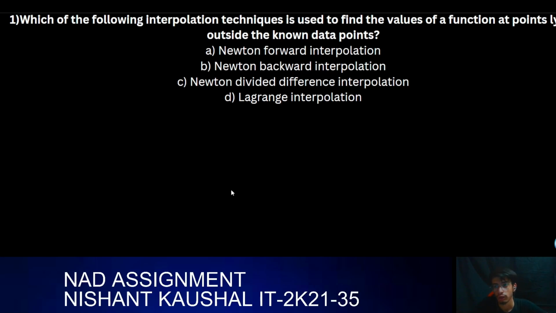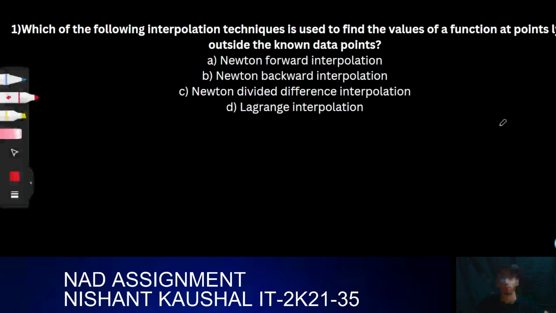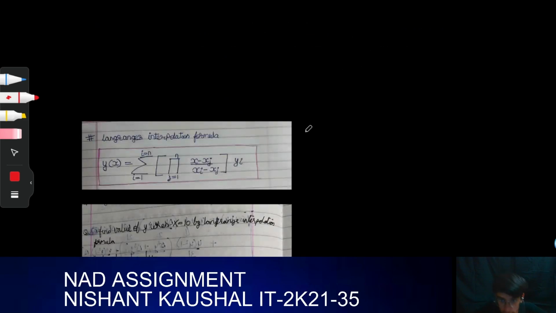Now we will solve our second internal paper, which was an MCQ paper. So let us do our first question. Which of the following interpolation techniques is used to find the value of a function at a point lying outside the known data points? So see, its answer should be D, Lagrange's theorem, because if we look at Lagrange's